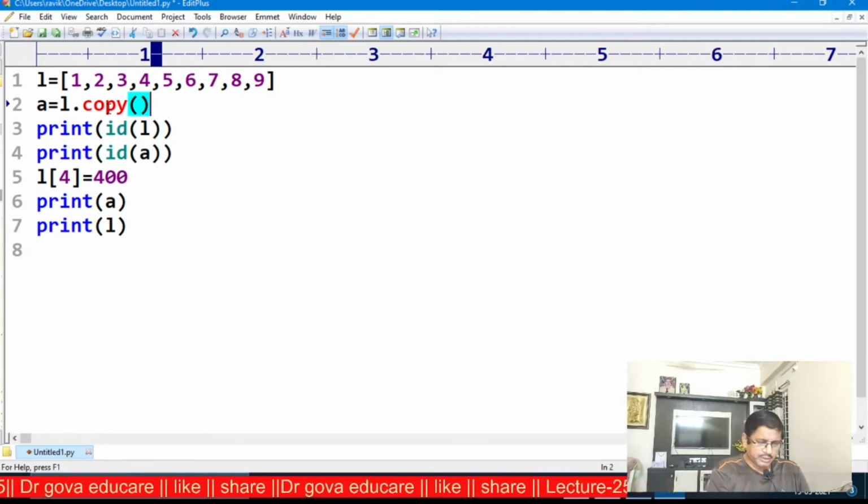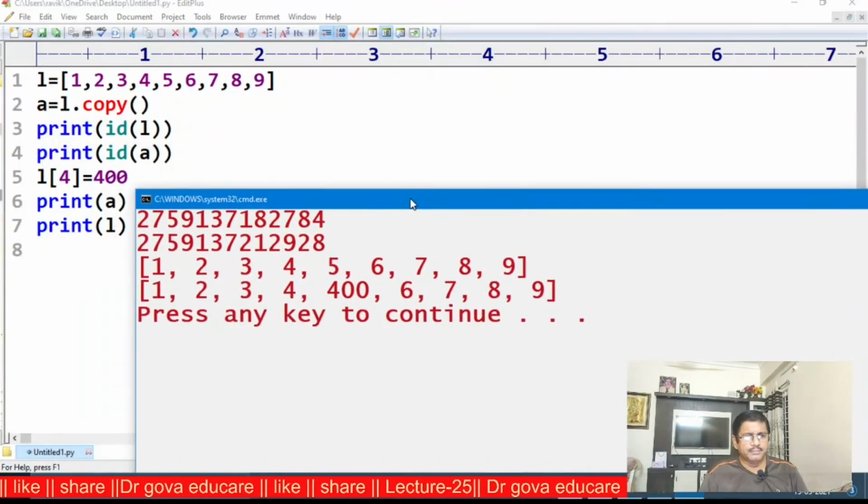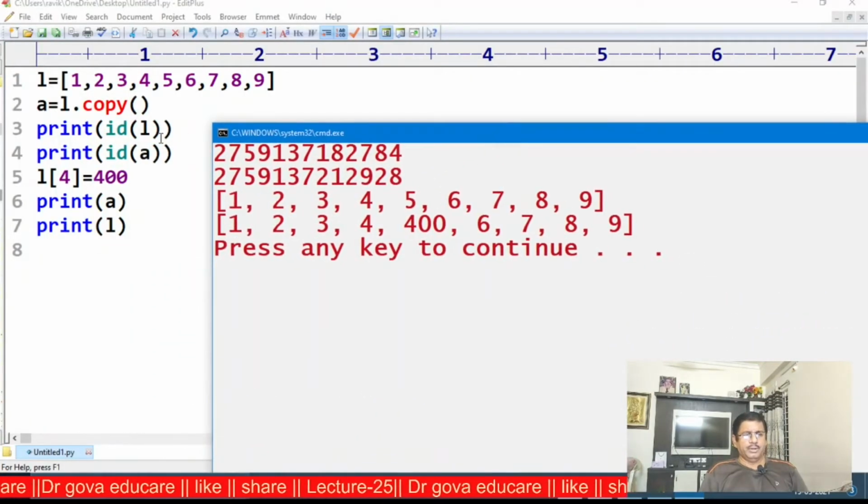Now observe here, we get the same output. The addresses of A and L are different. That means L and A are independent objects.